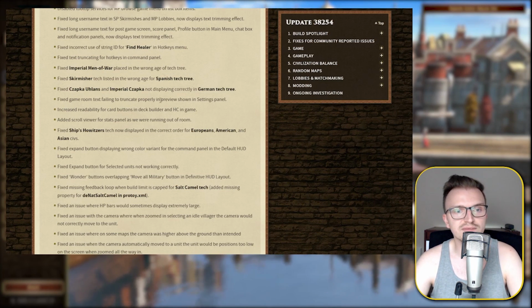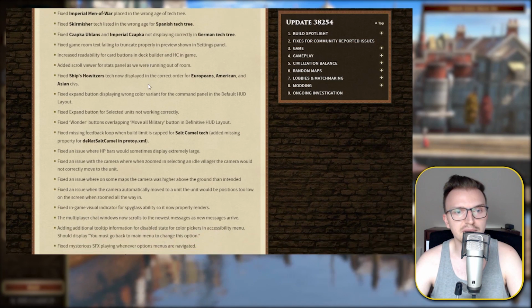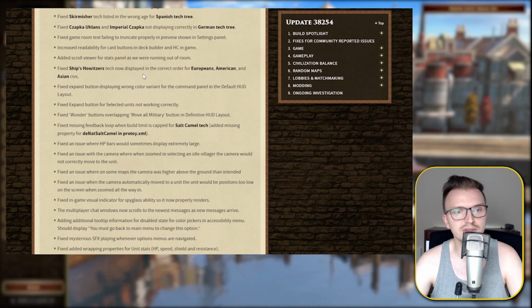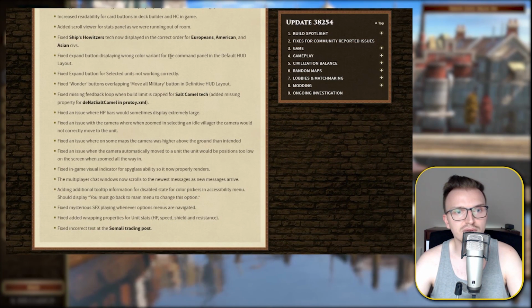Fixed game room text failing. Increased readability for card buttons. Nice. Added scroll viewers. Fixed expand button displaying wrong color variant for the command panel. Fixed expand button, fixed wonder overlapping, fixed an issue where HP bars would sometimes display extremely large. Never had that